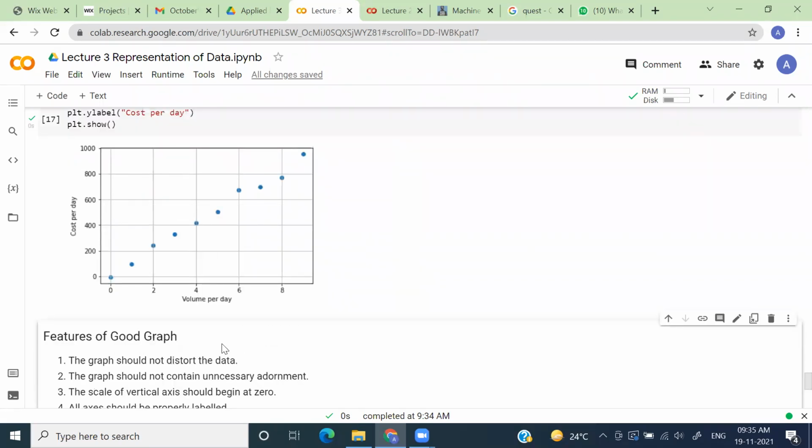Do not add unnecessary ornaments. When I say ornaments, I mean do not add unnecessary things which are not adding value, right? For example, here, what are the things that I could have removed? Although I have tried to follow all the principles to make this plot, what is the one thing that you think, if I had removed it from this graph, the graph would still not have lost its essence?